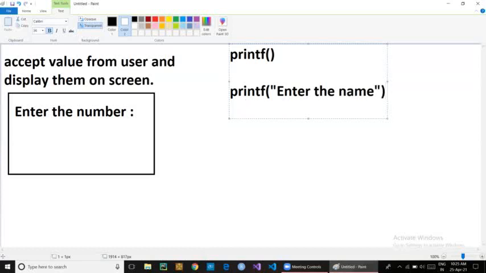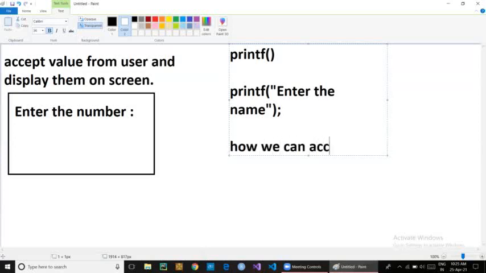Then the next part is how we can accept a value from the user, or simply the keyboard. You are going to type something on your keyboard, so how are we going to accept the value from the keyboard? Let's see here. scanf is a function which is used to accept a value from the keyboard.